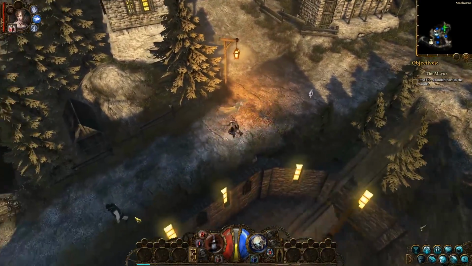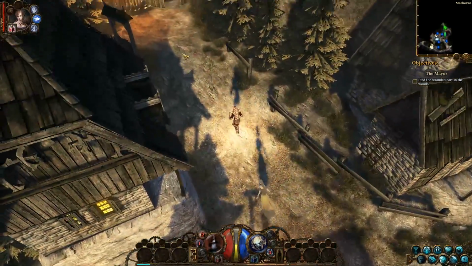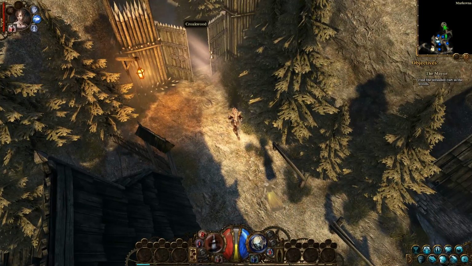And that says there's another quest right here. Oh, I guess it's in the church. I'm not gonna do that. Just gonna go over here, out to the woods, to the Croakwood. Go fight some stuff. So yeah, they've definitely blended in